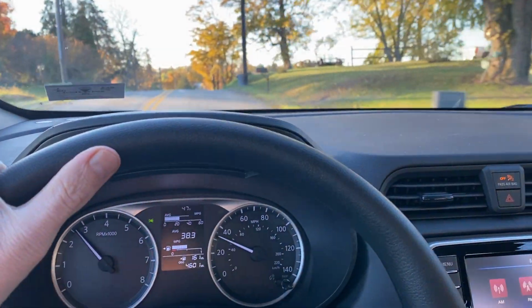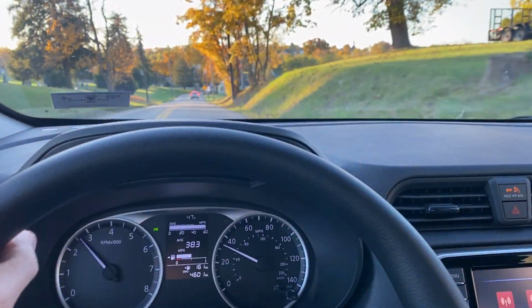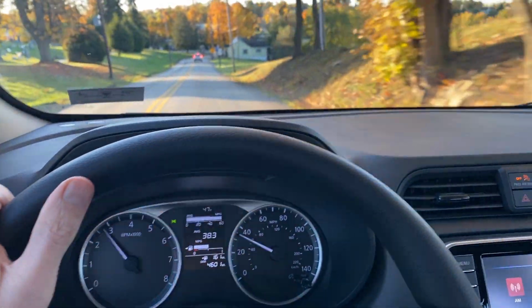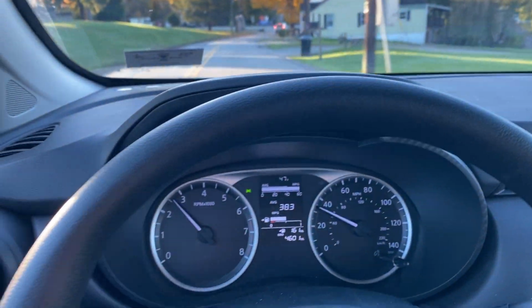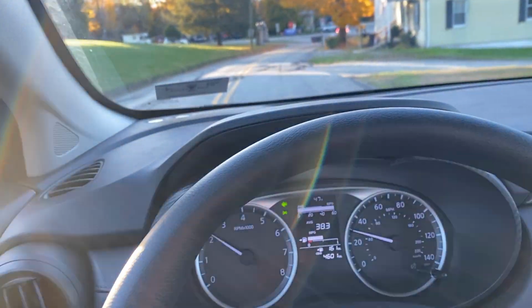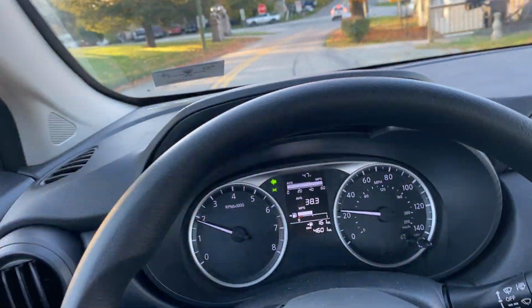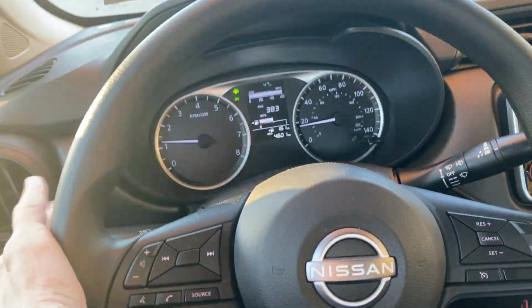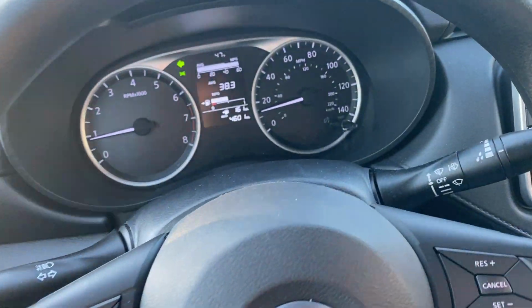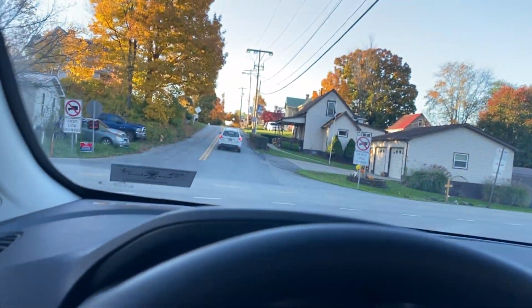Greetings everybody from my 2023 Nissan Versa S manual transmission. I'm at 4,600 miles. I've owned this about 6 months now, so I figure it's time for an update. One thing I want to go over that I mentioned in an earlier video was that I thought the